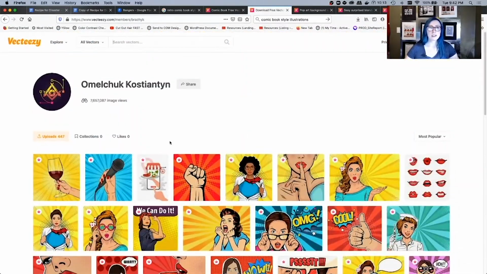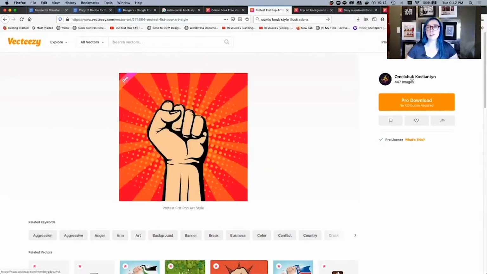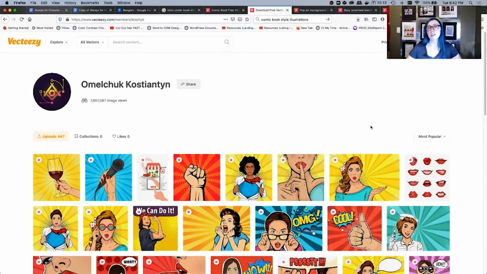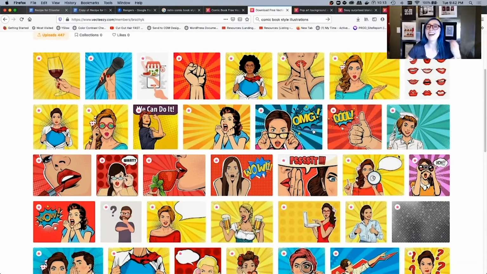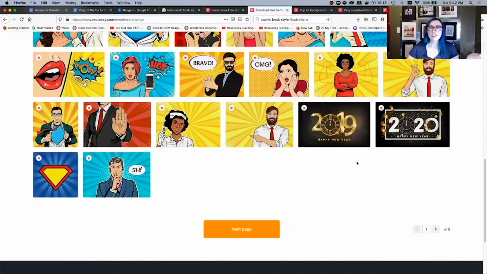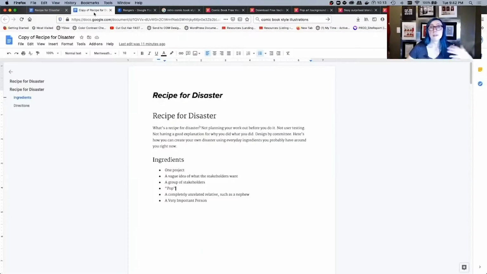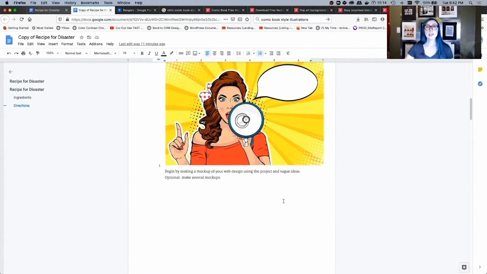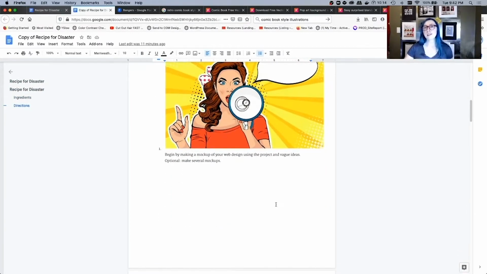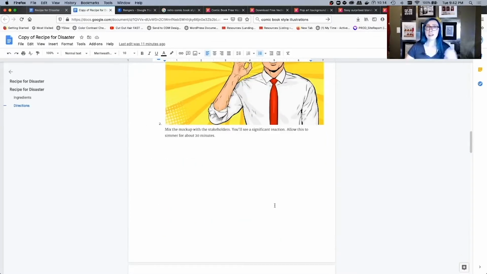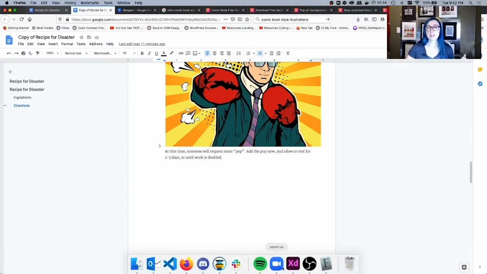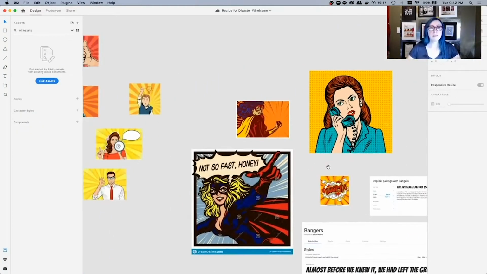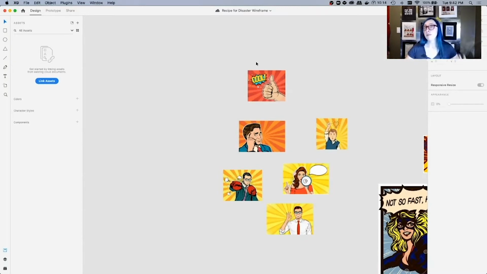When I found an illustration I really liked, I went to the artist's name and clicked to take a look at their other work. This particular artist really matches the style that I want. I went through and picked out about 5 images that would work well for my content. From there, I copied and pasted them into my Google Doc alongside my content. This helps me remember exactly which images go best with which content, which will help me down the line when I'm actually going to code. I did the same thing in Adobe XD. I put those images over to the side here so that I would have them available for my mockup.